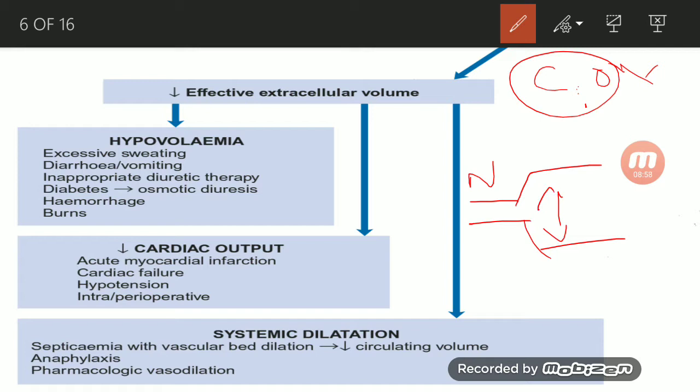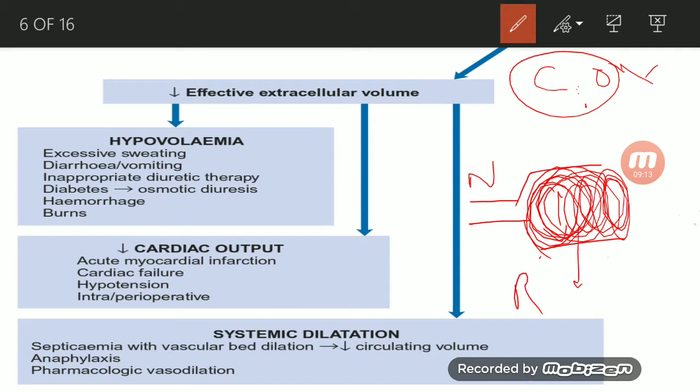Since the size of your blood vessels increases, these vessels are going to accumulate more blood. If more blood is getting accumulated in different parts of your body, the amount of blood going into your kidney is going to decrease. So this also leads to pre-renal